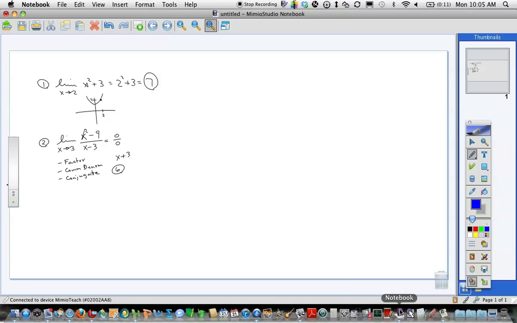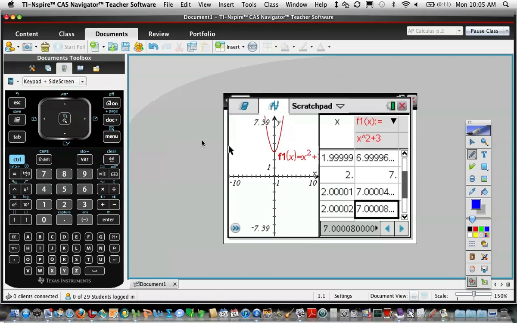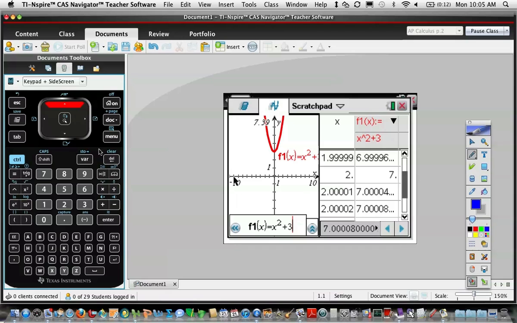If we were to graph this, it would look like a line with a hole in it. Since we got the calculators out, might as well give that a try. I would come back into my table here, or leave the table up on the screen, and delete this, because we really don't need it anymore. Put in our x squared minus 9